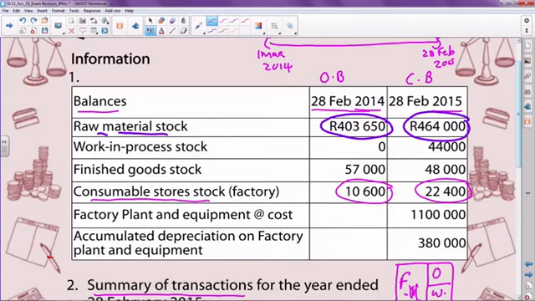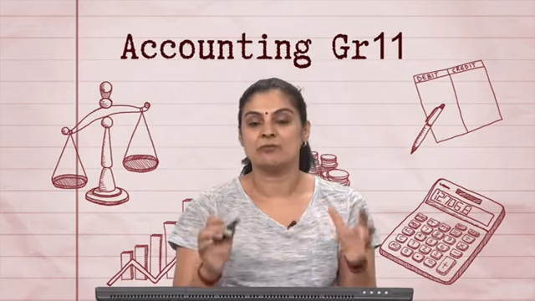That's my accumulated depreciation before the additional depreciation was written off. So in order for me to calculate my depreciation, I'm going to use the space here. I'm going to take my cost minus my accumulated depreciation. Okay, I'm going to then multiply this by 10%,